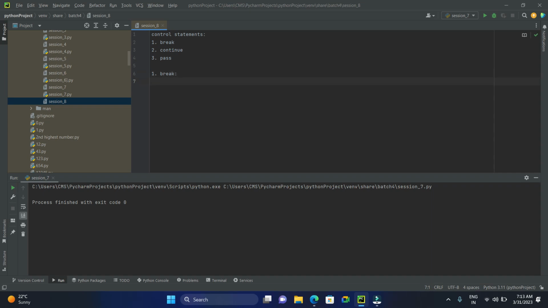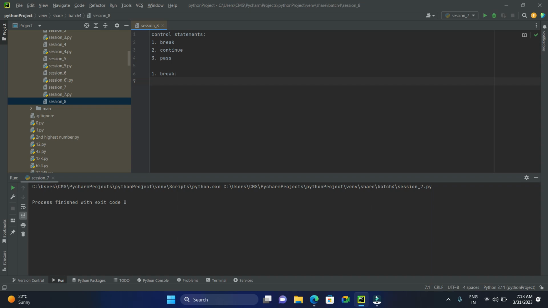What is a break statement? The break statement is a code in Python which is used to bring the program control out of the loop. So let's say an iteration is going on, either a for loop or a while loop, doesn't matter. In both of the loops, if you want to take the control out of that loop, we use the break statement. The break statement breaks the loops one by one. That is, in case of nested loops, it breaks the inner loop first, then it breaks the outer loop next. Okay,